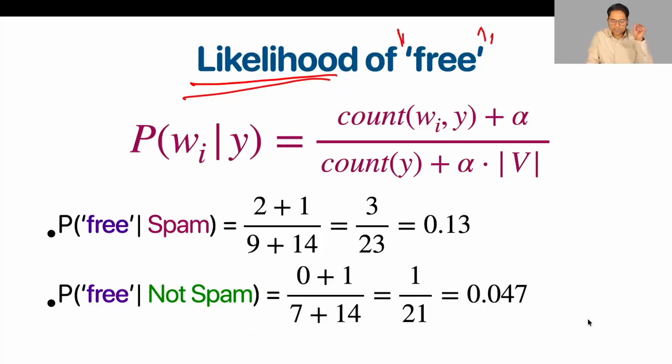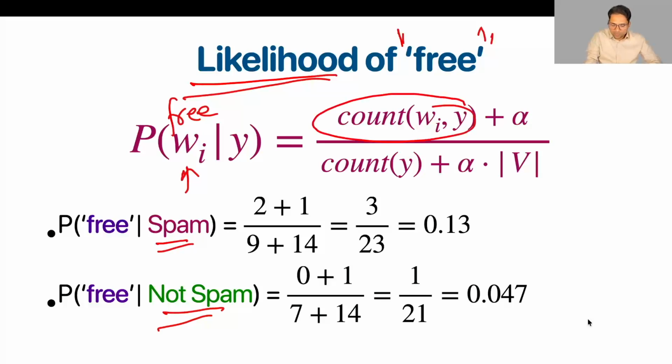How do we calculate the likelihood of one word given the mail is spam or not spam? And the same thing we'll then move quickly to, we'll see the complete text that we have got in an email and we'll classify that. So the probability of seeing the word free given it's spam and not spam, we'll calculate both.